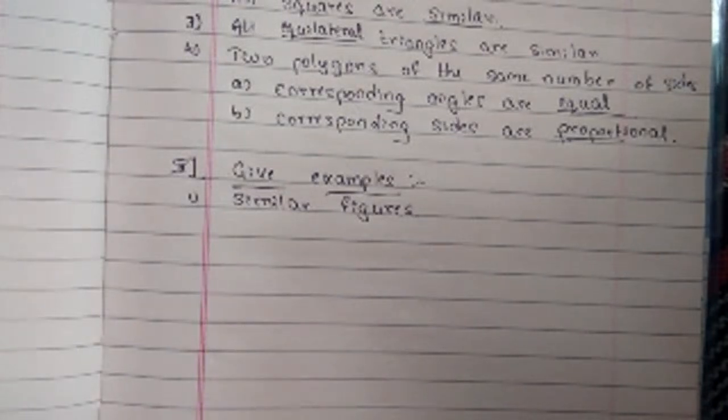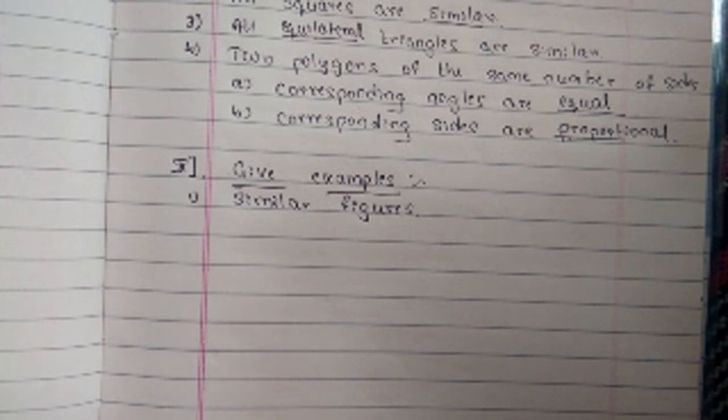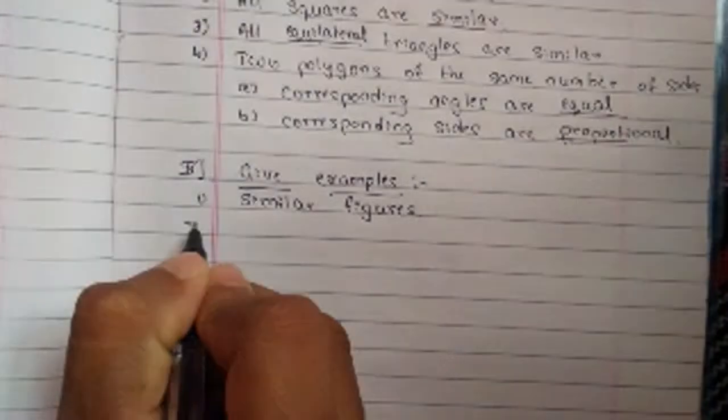Comment your answers fast. Give two examples for similar figures. So in the first main you learned about similar and congruent figures. Now give two examples for similar figures. Comment your answer fast. Examples are